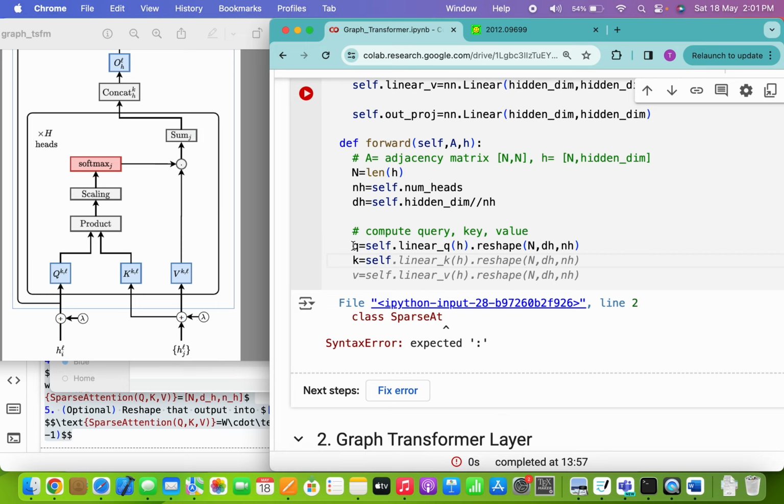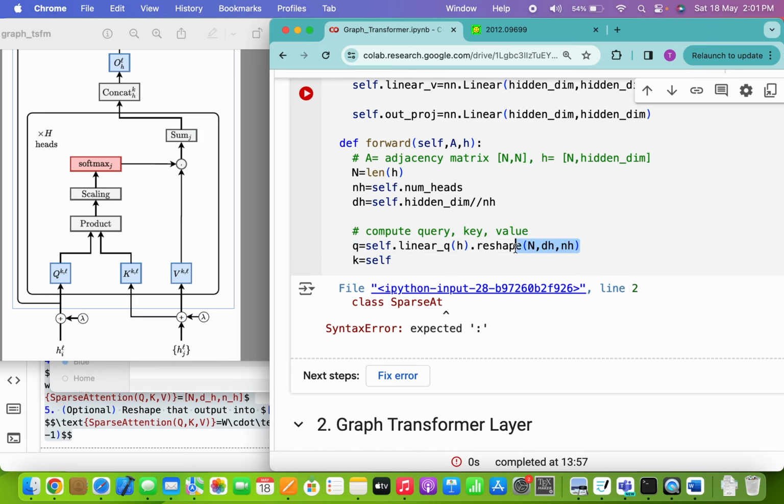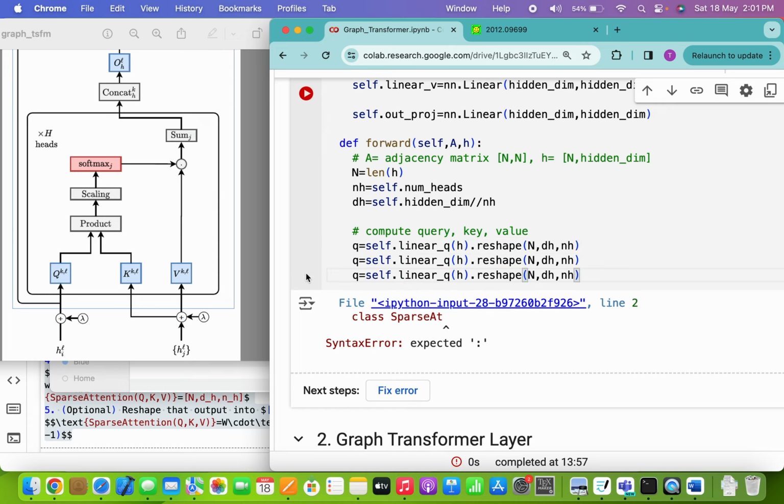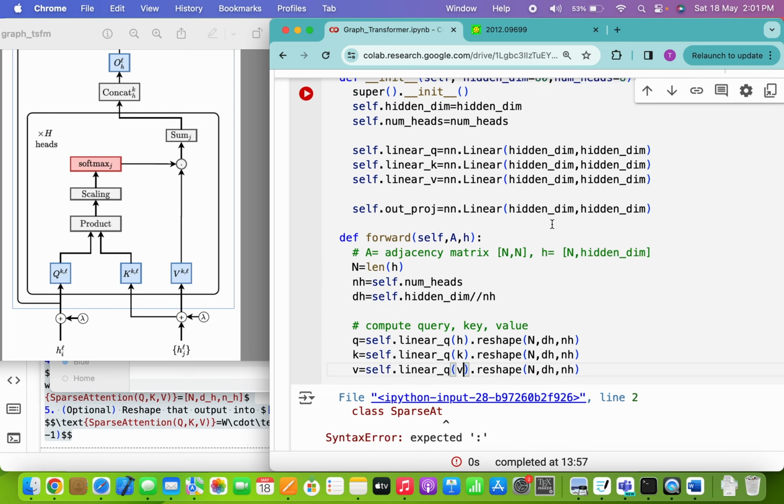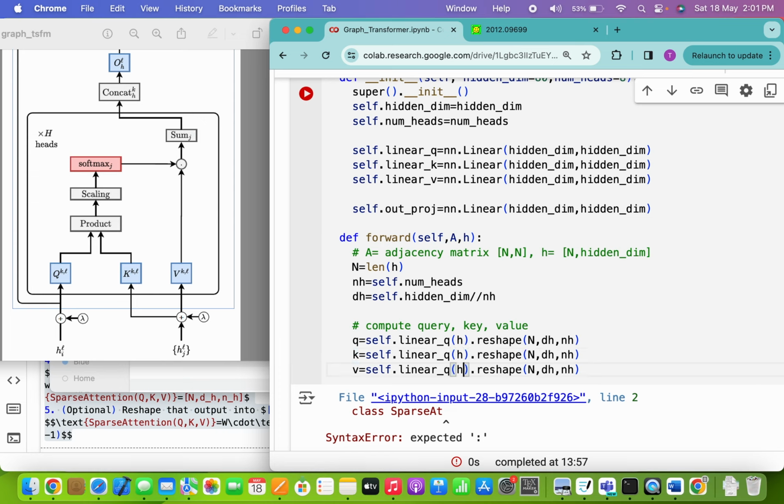For k and v, we will do the same thing. So key and value, we do the same things. Alright, this needs to be h. After we get query, key, and value,